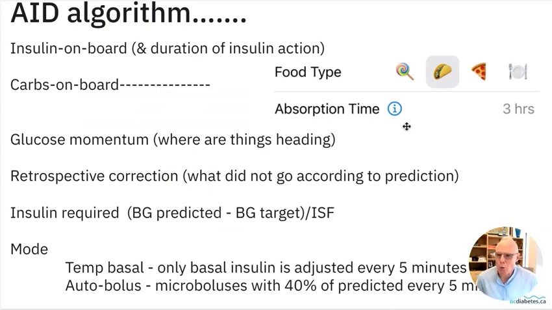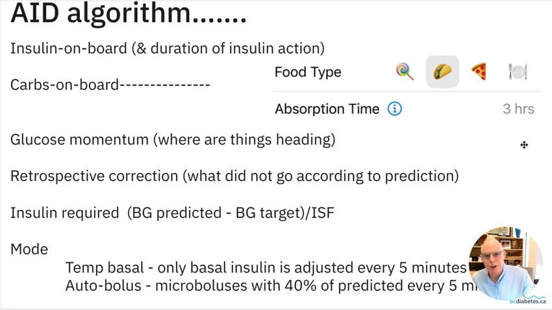Well, what do we need to know for our AID algorithms? We've already talked about the concept of insulin on board. This is tied in with the duration of insulin action. In terms of carbs on board,